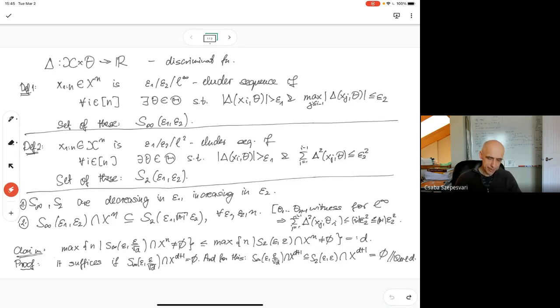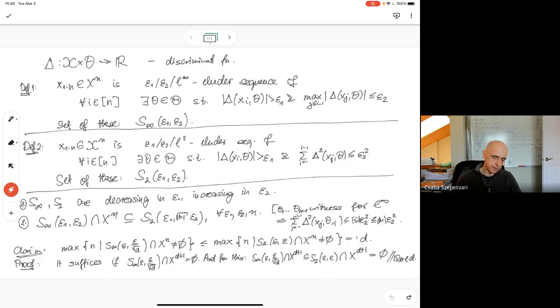Okay. And then you can notice that these sets are decreasing in epsilon1. So if I increase epsilon1, then the set shrinks. And if I increase epsilon2, then the sets are increasing. Okay. And then it follows that